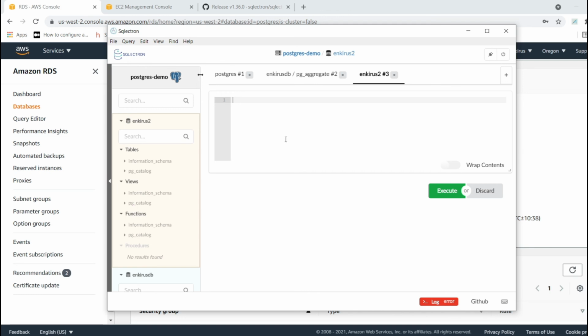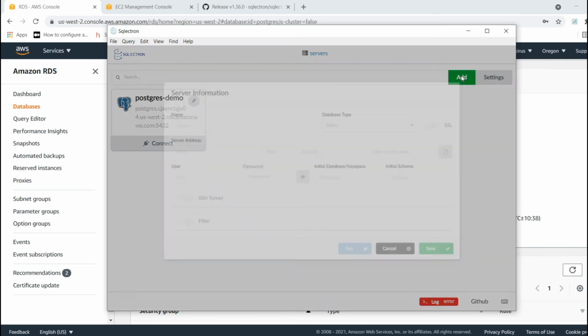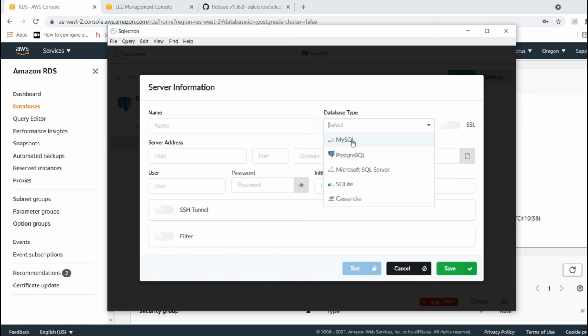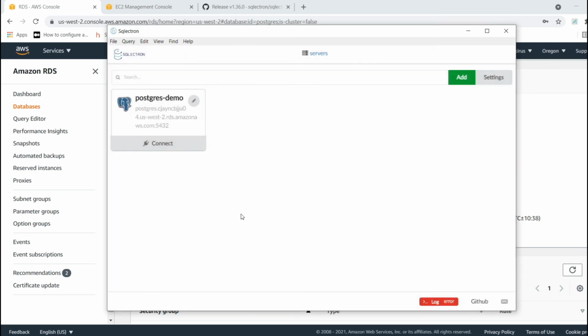Now you can log out or disconnect. I'll just close the connection, and you can add a different MySQL database here. That's how easily you can maneuver, and you can have multiple connections to multiple databases and access them at the same time. This is the advantage of using SQL Electron as workbench.